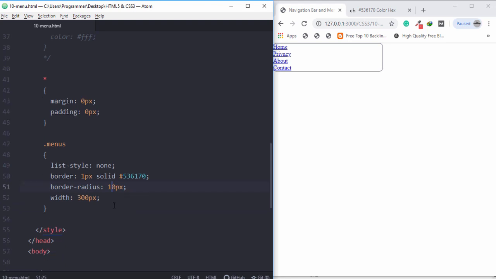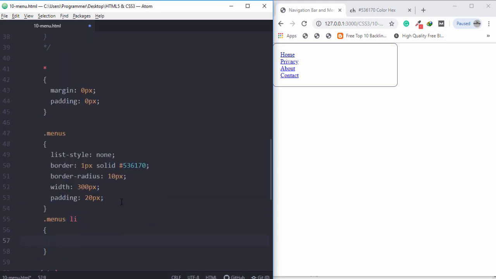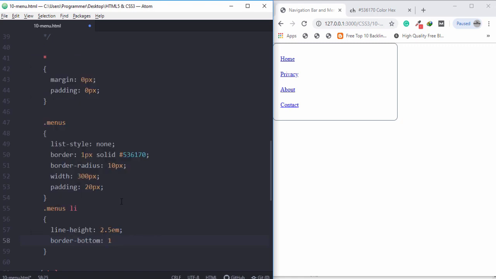Now the next thing is I'm going to use padding all side 20 pixel, right? Now the next thing is I'm going to target the menus li. First I'm going to make a space between the first and second link, so I'm going to use line height 2.5 em. Now the next thing is I'm going to use border bottom 1 pixel